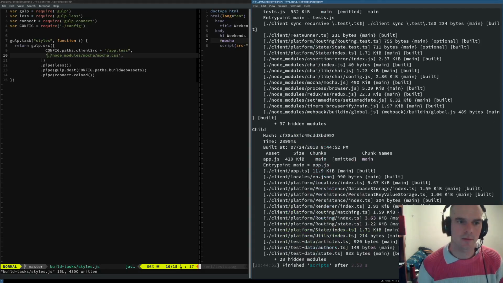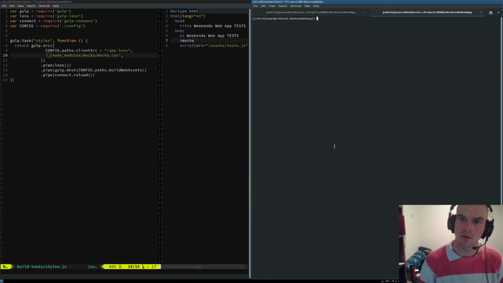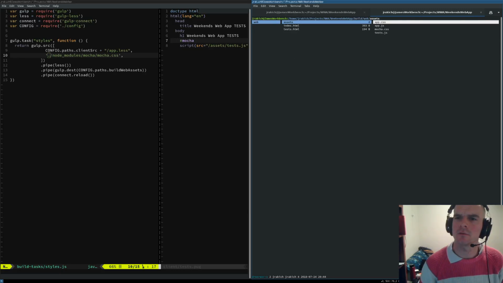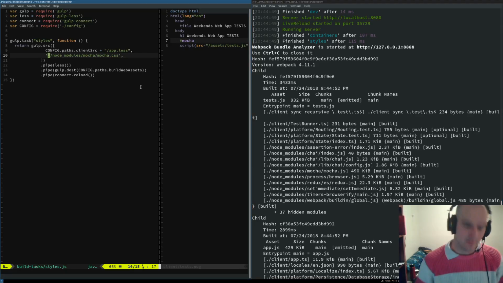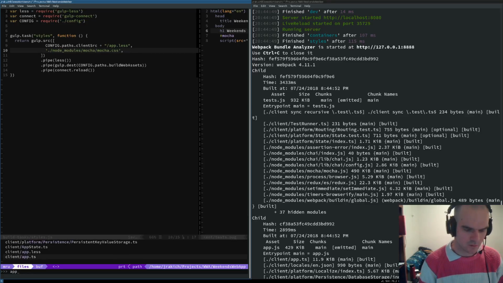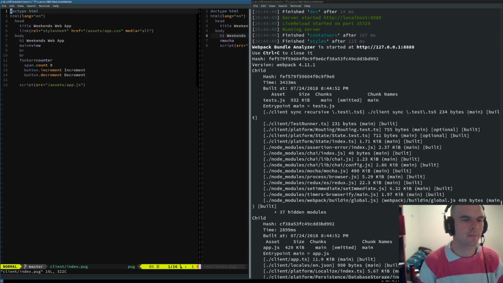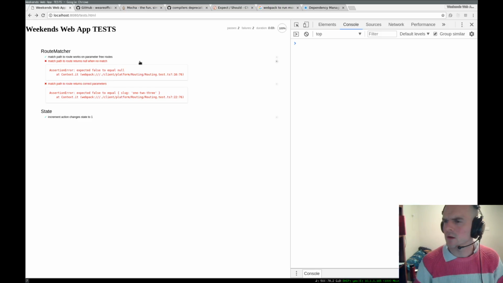So when we do that, it doesn't tell me much about the files that went in there, but hopefully inside build web, we've got assets and we've got mocha.css, and that looks right about there. That's good. So now we just need to make the same change here. So I'll just go to app index.pug, copy over this, put it in the head, and just change this app.css to mocha.css. We are good to go.